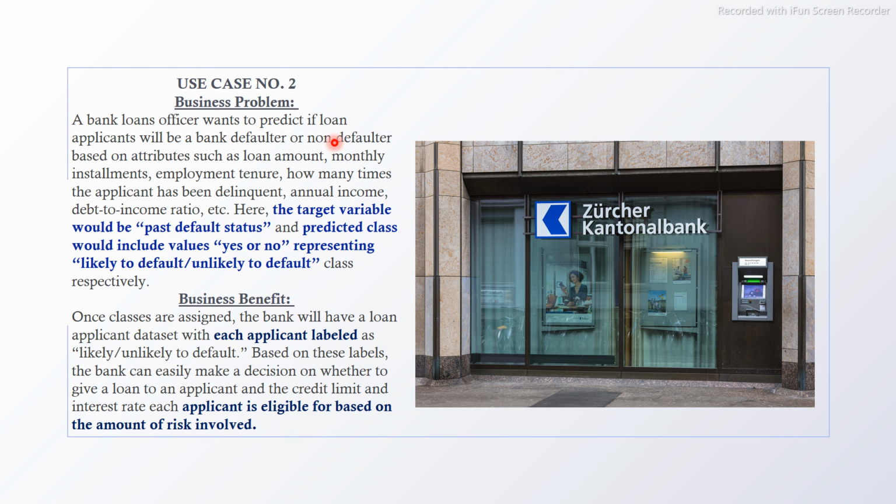And how are you going to apply it? You're going to apply it through logistic regression. This is one of the simple algorithms for a classification problem. So what business benefit are you going to get? Once classes are assigned, classes meaning default and not default, there are two classes. In a classification problem, the class labels here are defaulter and non-defaulter. The bank will have a loan applicants data set with each applicant labeled as likely or not likely to default. Based on these labels, the bank can easily make decisions on whether to give a loan to an applicant, the credit limit and the interest rate each applicant is eligible for based on the amount of